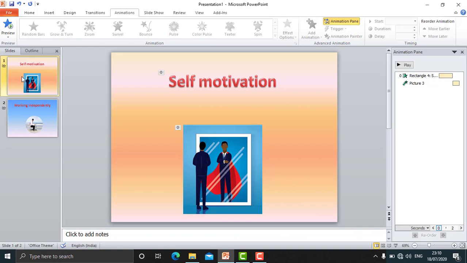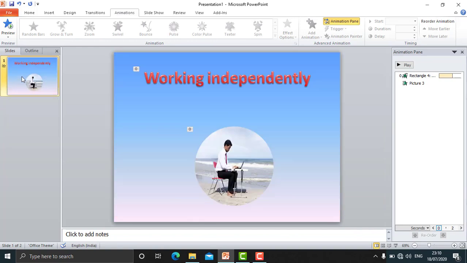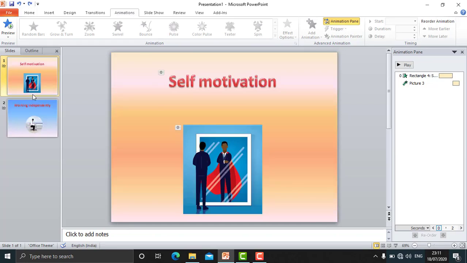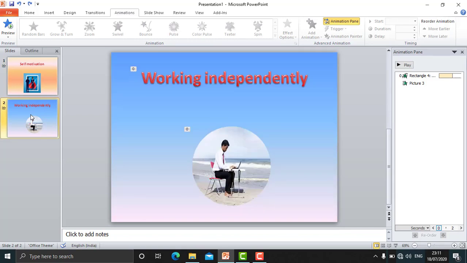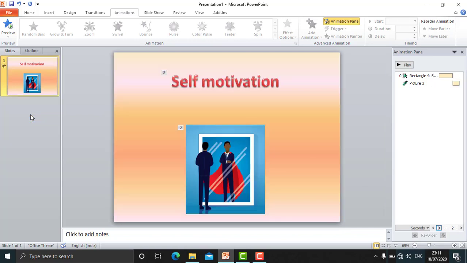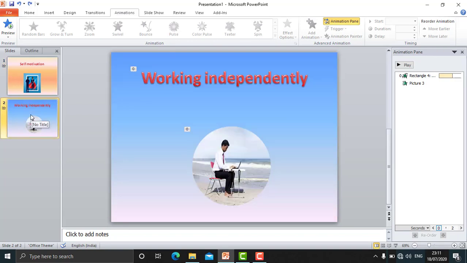See, slide selected, press delete key from the keyboard. You can see the slide is removed. And if you want it, press Ctrl Z from the keyboard, it will come back. Means that suppose you have deleted by mistake and you want it back, you can press Ctrl Z from the keyboard, and if you want to delete it, click on the slide, press delete key from the keyboard, the slide will be deleted. Press Ctrl Z to make it come back. So this is how we can delete it, or we can bring it back if deleted by mistake.